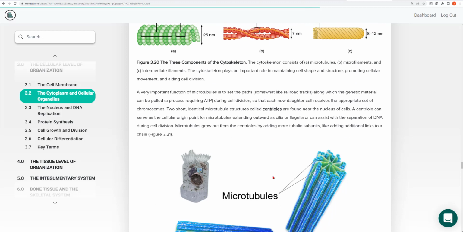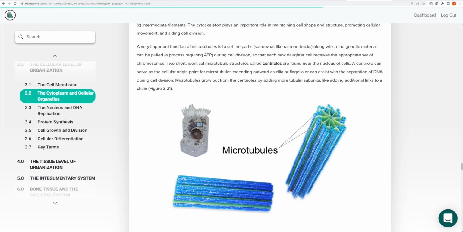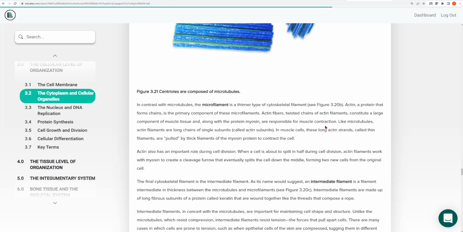One more important organelle are centrioles. Centrioles are also made of microtubules. Microtubules are critical in the process of mitosis. Mitosis is cellular division, and it is also a topic that you'll be learning about and reviewing in Lab A. In addition to microtubules, there's also another type of protein called microfilaments. We'll see microfilaments again when we get to muscle tissue, and we will see that these are the proteins that allow your muscles to contract.